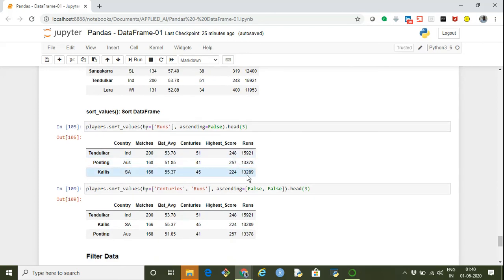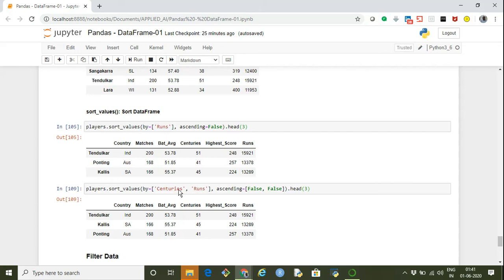Now we can specify more than one column also in this by criteria, just by passing it as a list. So players dot sort underscore values, and by equals to centuries comma runs, ascending is false false. What it means, we want to sort the data based on centuries and runs. So if we get two records which get tied on the basis of centuries, then the runs should be used as the criteria to display the records in a particular order.